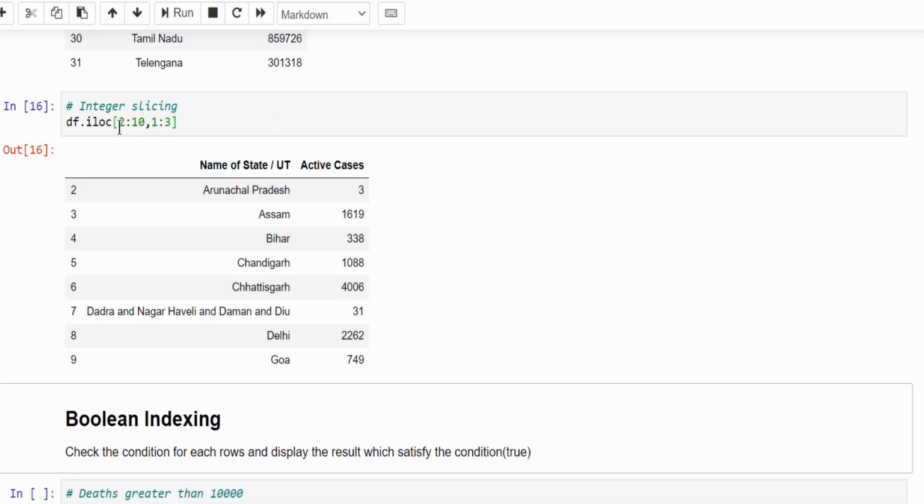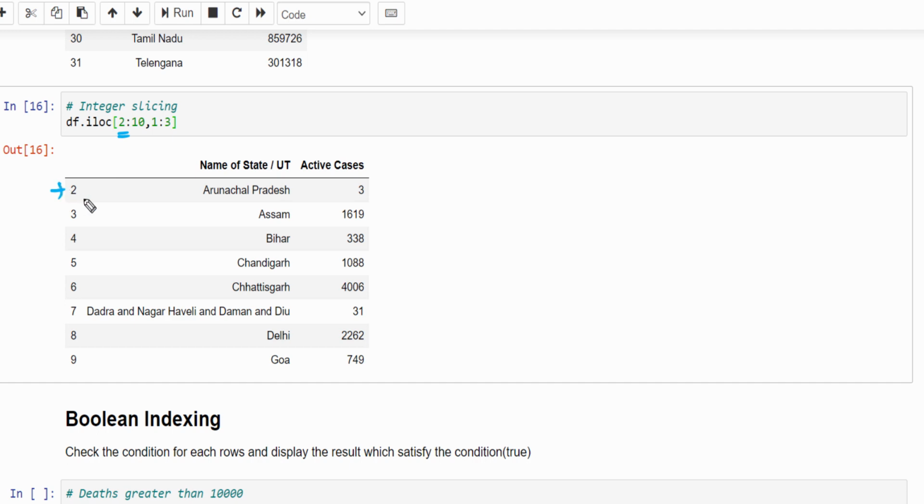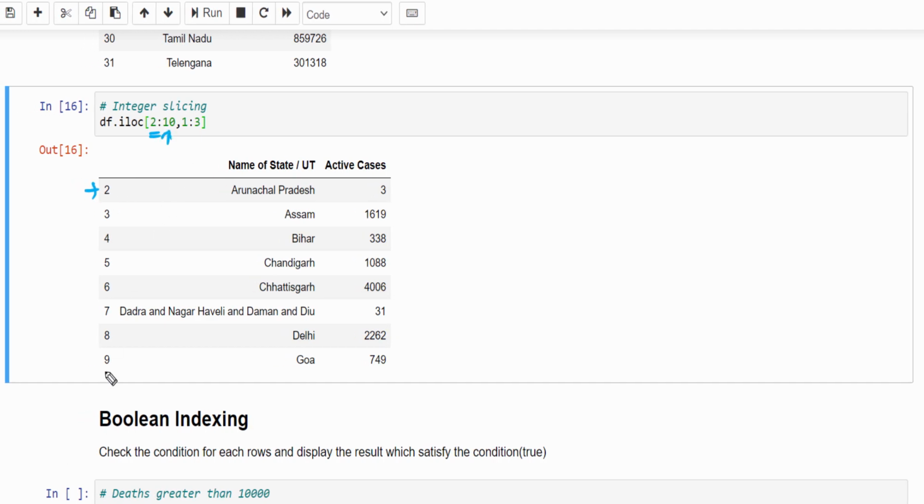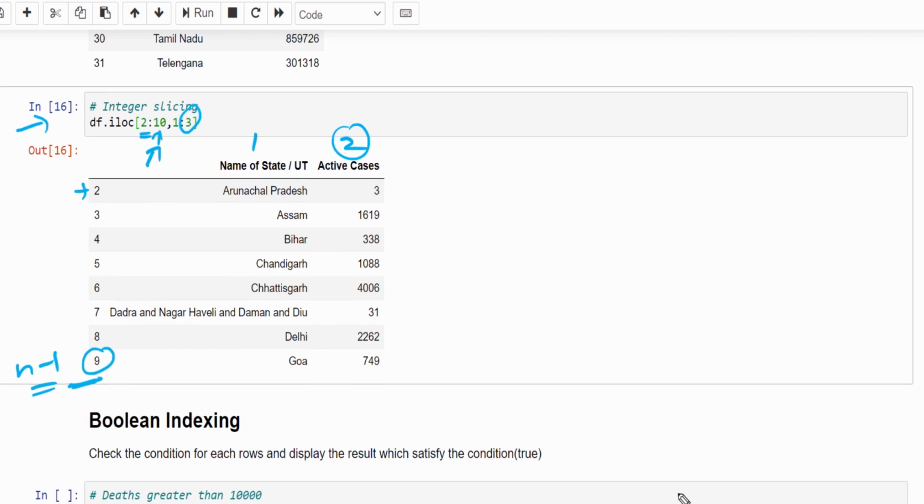You can see it starts from 2 and end value is 10, but till 9 it means n minus 1. 10 minus 1, till ninth row it is displaying. This is called slicing. Then column, 0th column we know is serial number, first column, second column, and n minus 1, that is 3 minus 1, 2, till the second column the values are displayed. This is also another way we can display the data.